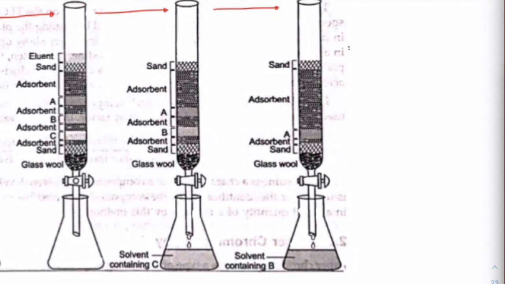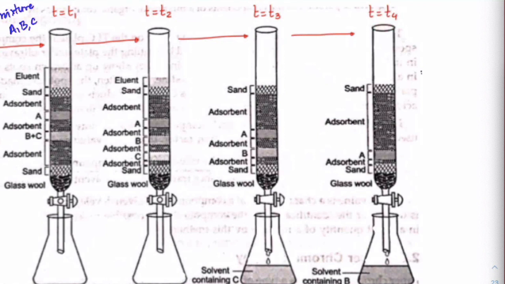So in column chromatography, the basic principle is simple: you check for elution. The one which has more elution will come out fast. The one which has less elution, that is the slow movement, will remain in the stationary phase. If given more time, after you remove C, you start seeing that B can be eluted. Column chromatography is mostly used whenever there is a color difference. Got it? A, B, C must have a color difference.